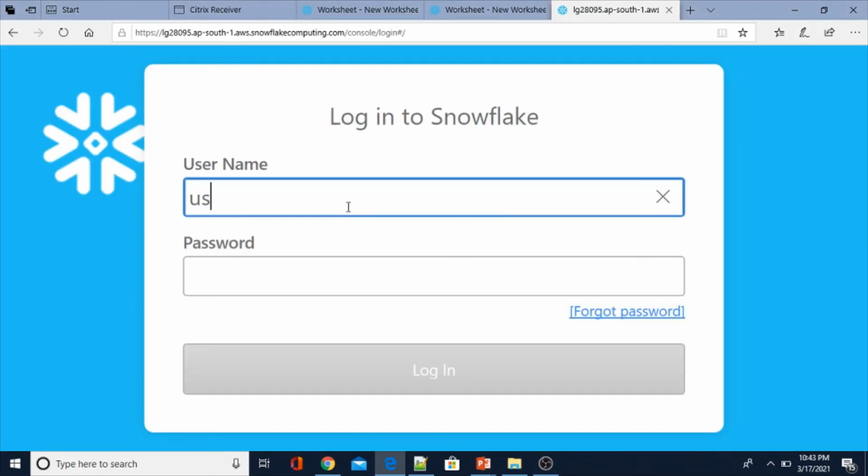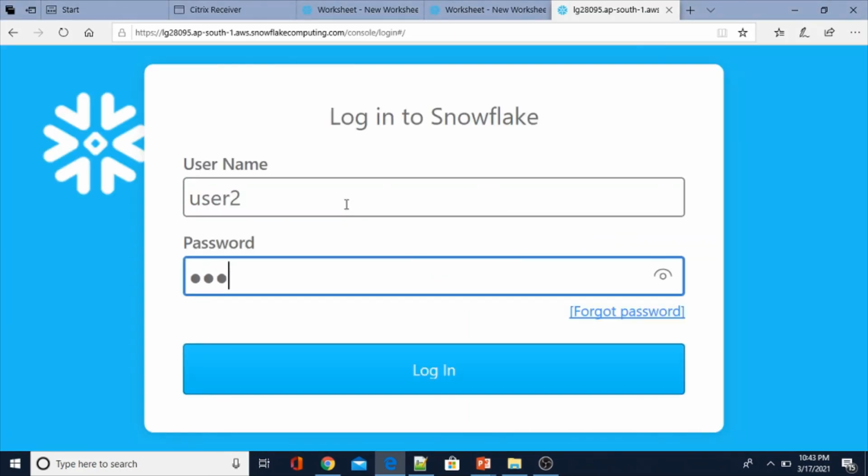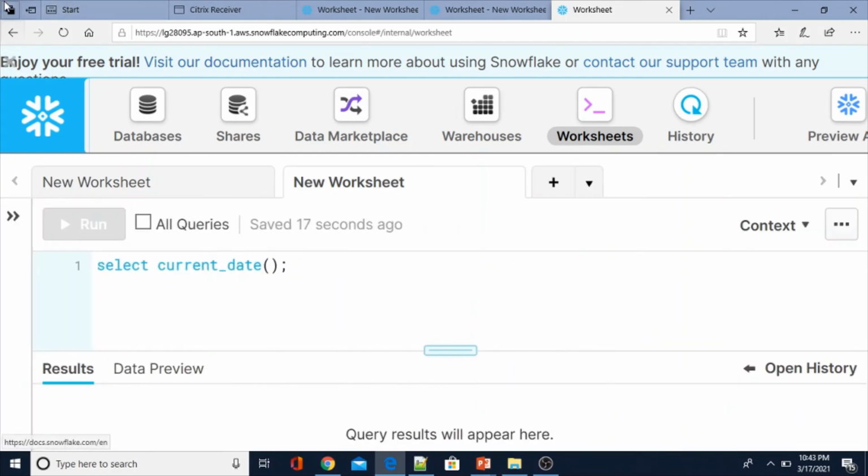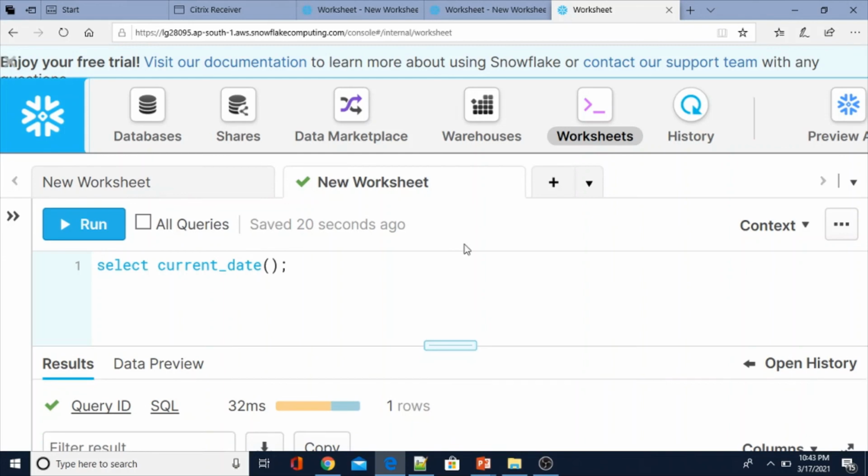If the warehouse is not set, then we will assign the warehouse to this role. Let me execute this.